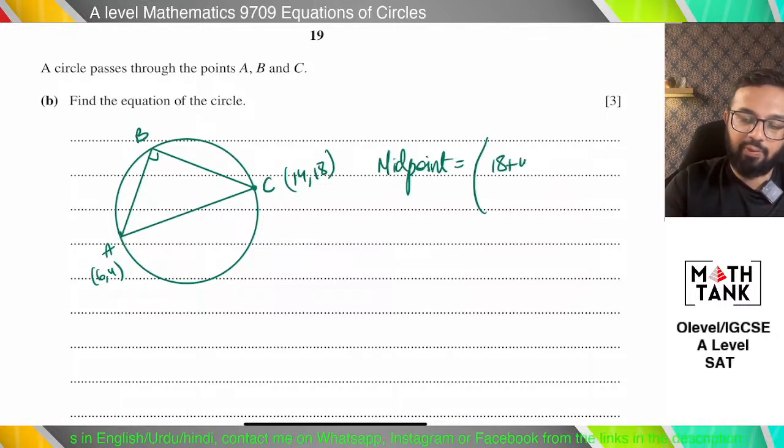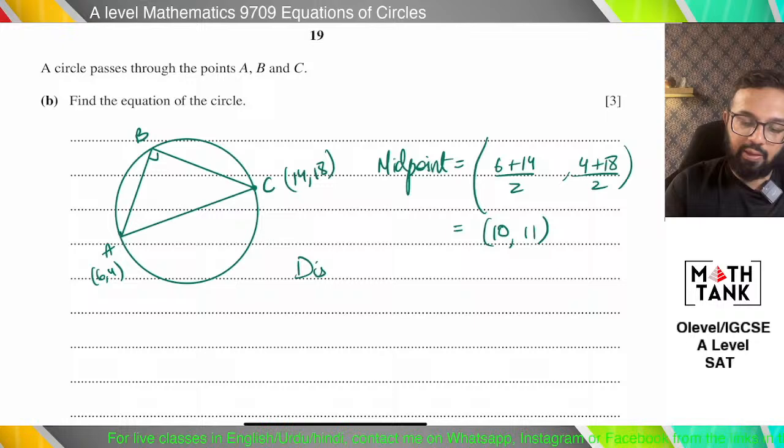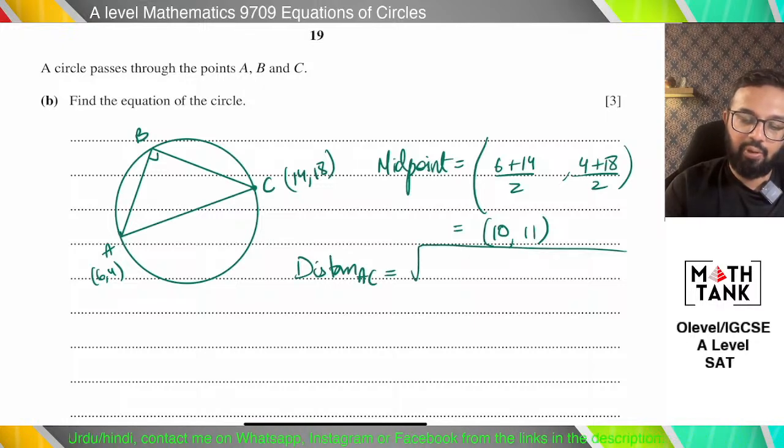So the x coordinates, 6 plus 14 over 2, and 4 plus 18 over 2. That should be 10 comma 11. Then the distance AC, 18 minus